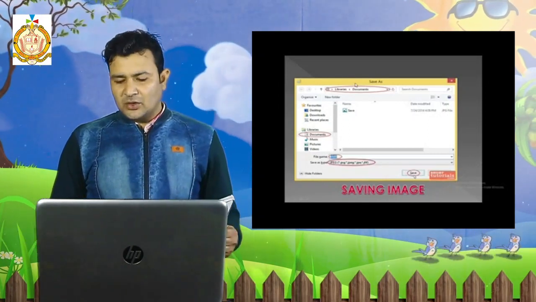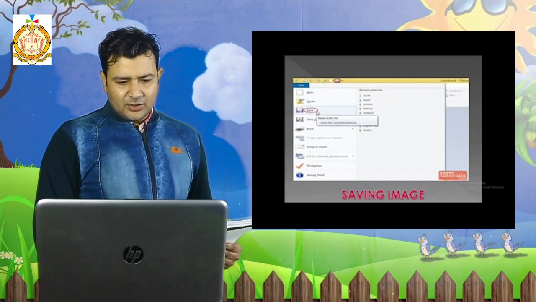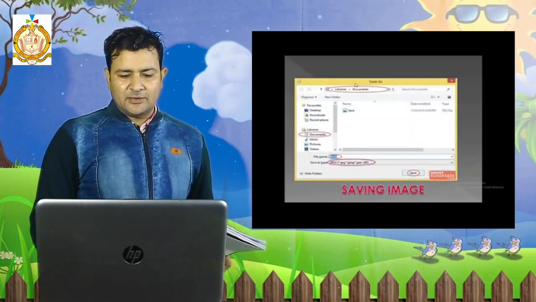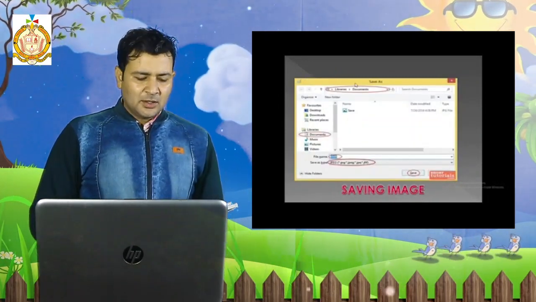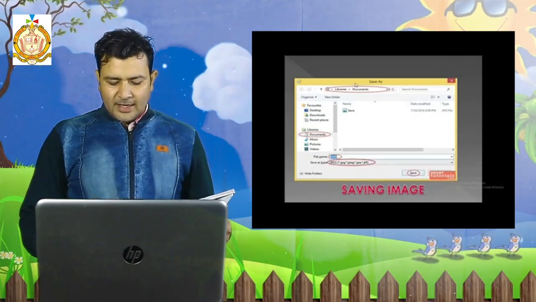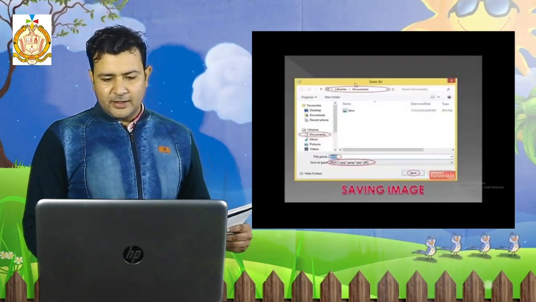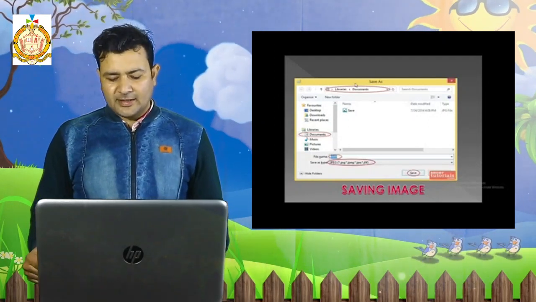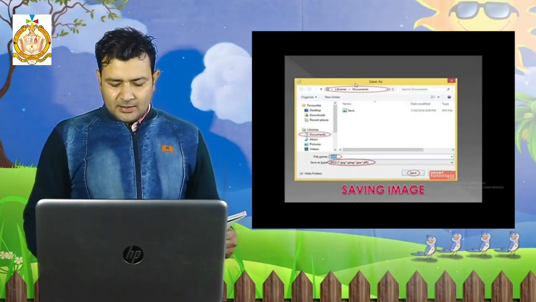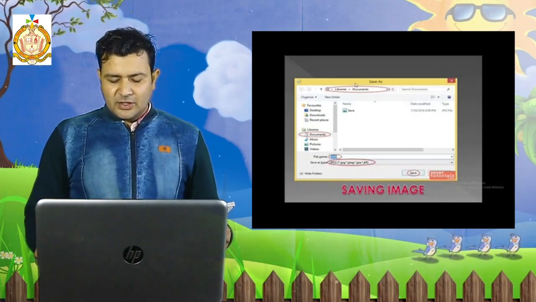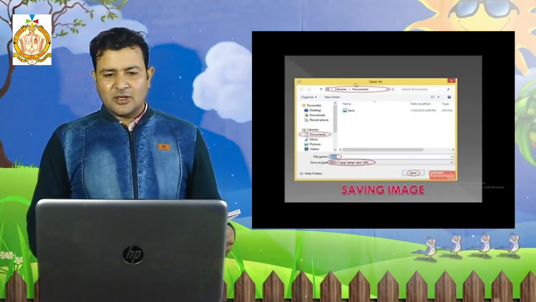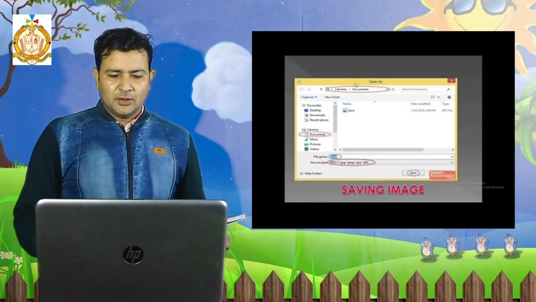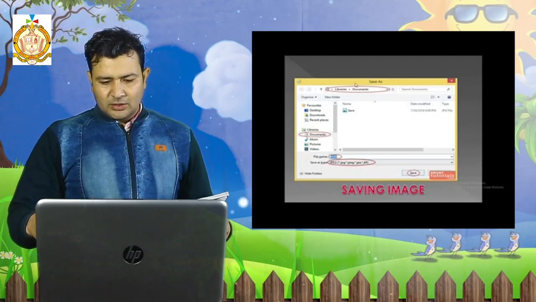For this one shortcut key is there, as it is showing, Control plus S. This is the shortcut key for saving things. With the help of the shortcut key you can do your work fast and easily. Next, opening image. For this it's very easy, because I am going to cover this in the next video. Opening image: click on File, then click on the menu where your file is saved, select the location in which your file is there, and click on the OK button, and you will get your image on the screen.